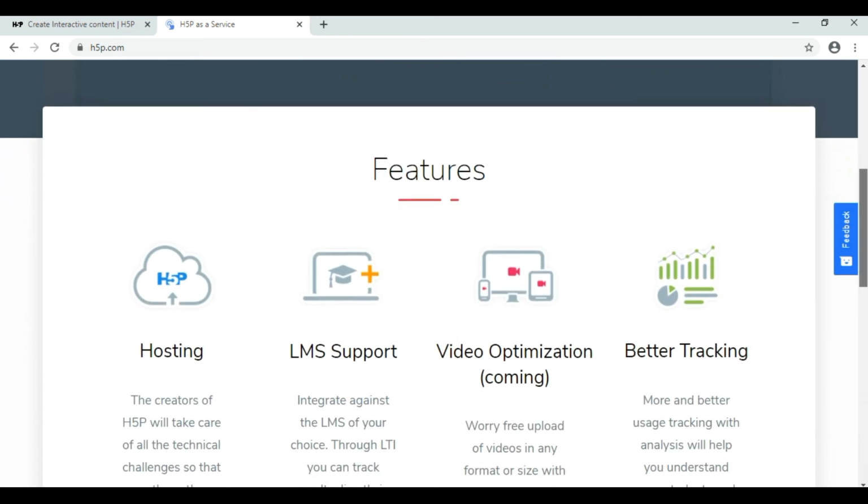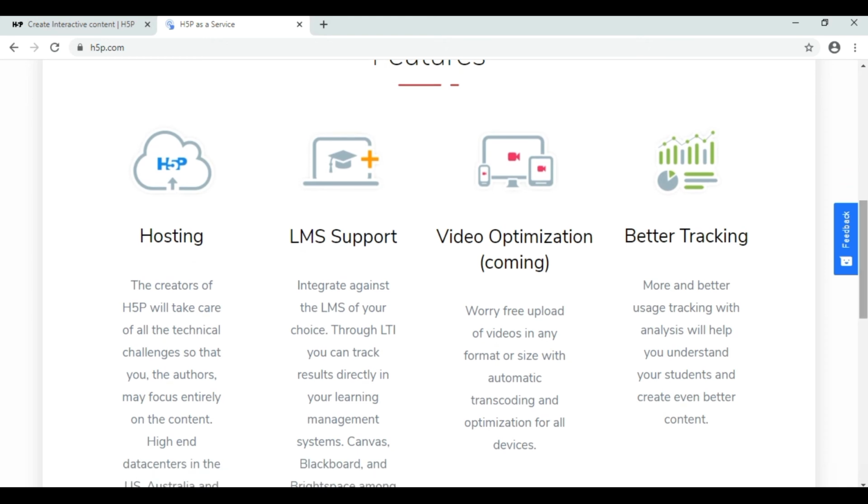If you have any of the learning management systems like Moodle, Canvas, Drupal, then you can host h5p.com with that, and you can give these interactive worksheets to students. Those who are enrolled in the course of your learning management system will automatically get worksheets along with the lessons, and they will attempt them.